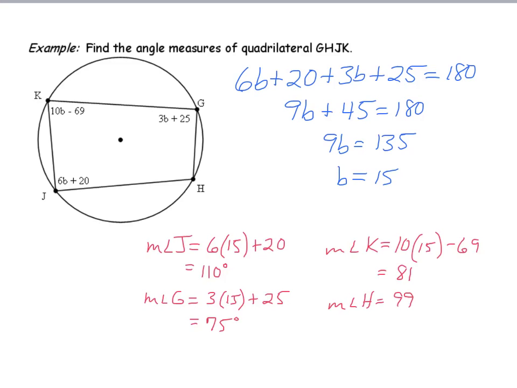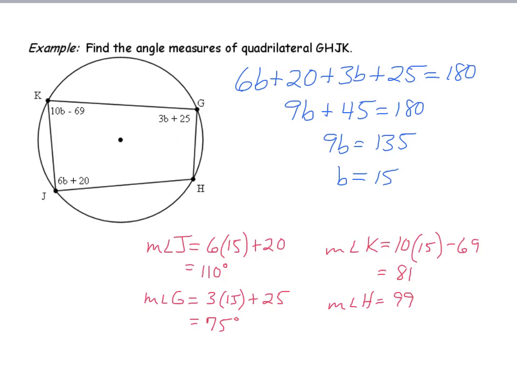Alright, so hopefully when you take a look at this, you ended up getting B to be 15, J to be 110, G to be 75, K to be 81, and H to be 99. So if I take a closer look, I realize that J and G were opposite angles in the quadrilateral, and since it's inscribed in my circle, I know that they're supplementary. So we added them and we set them equal to 180. That's how I solved for the B of 15. Once I got the 15, I plugged it in for my angle J. So I got 110 for my angle J, and then I realized angle G, if I plug it in, I